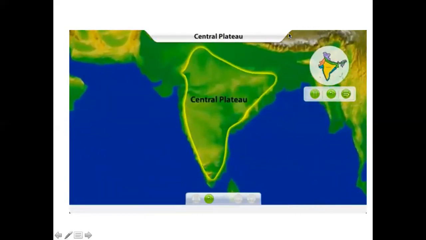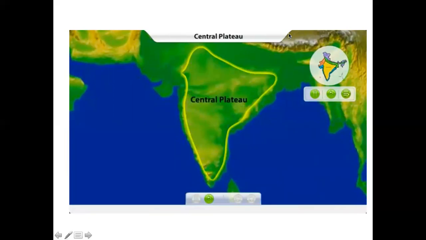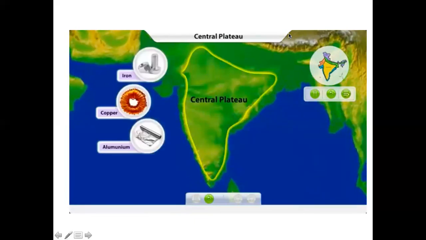Central Plateau is made up of the Malwa Plateau, the Chota Nagpur Plateau, and the Deccan Plateau. The Plateau region of India is surrounded on east and west by the Eastern and Western Ghats. This region is very rich in rocks and minerals.